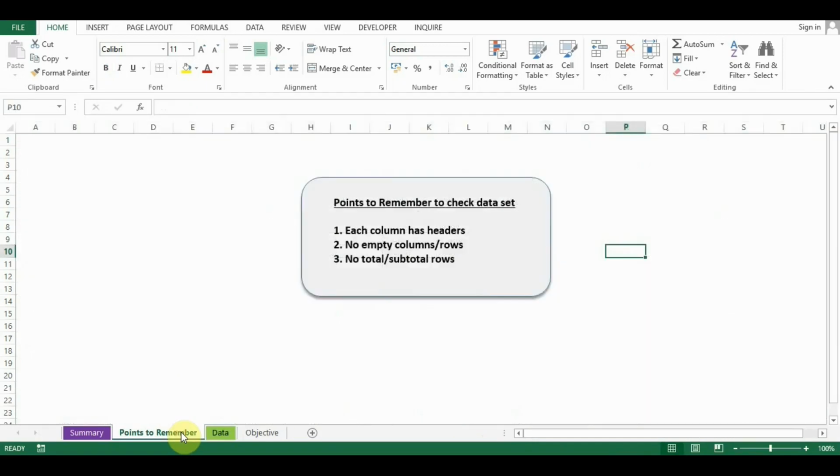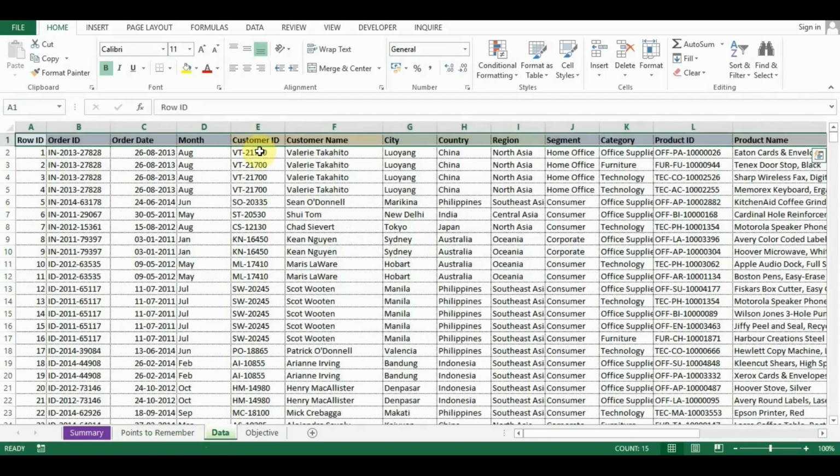Next point is you need to check there should not be any empty columns or rows. If there are, then you need to delete them. And third point is you need to check that there should not be any total or subtotal row. If there is, then you just delete it. Okay. Now let us go into the pivot table.